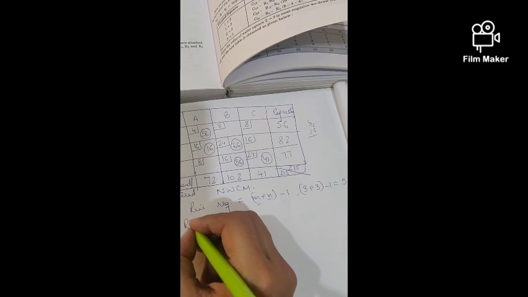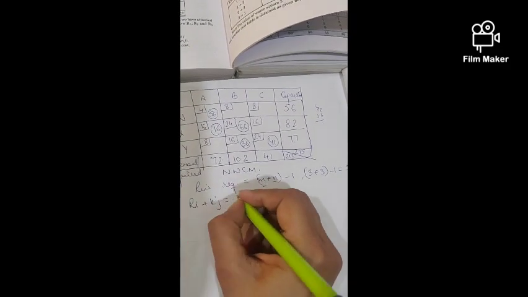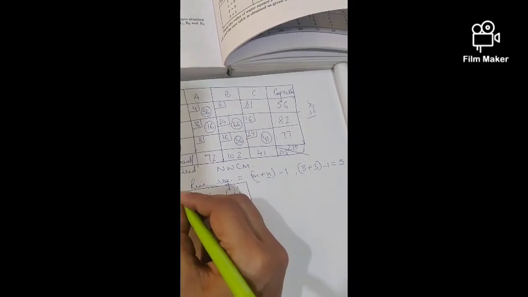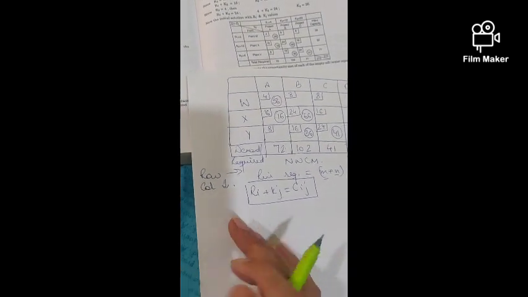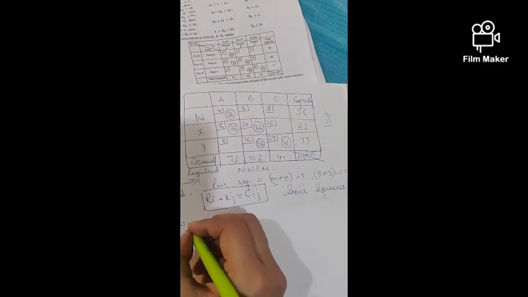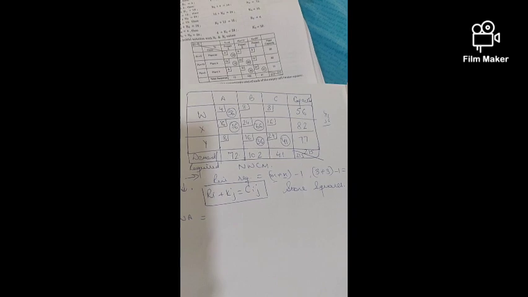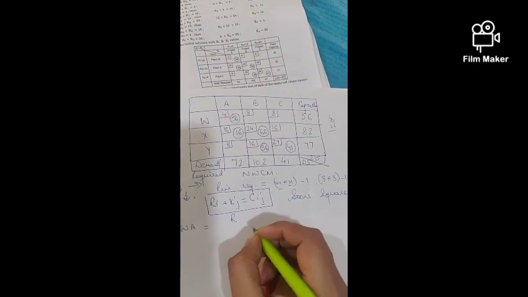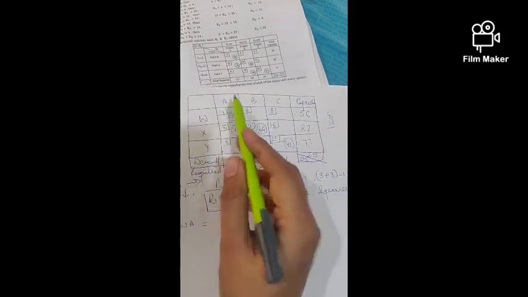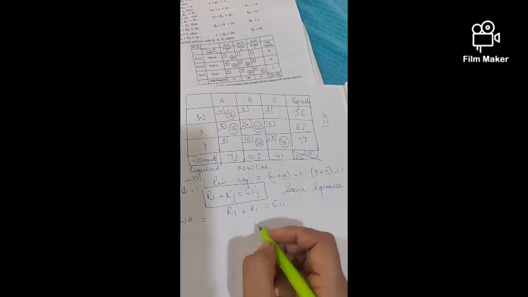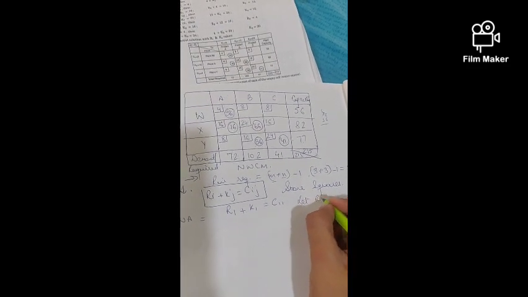Now what you have to remember is, row goes like this and column goes like this. Isme what you have to do is Ri plus Kj is equals to Cij. What does this mean? I'll just let you know. First of all, you have to write, आपके पास जितने भी stone squares हैं, you will concentrate on stone squares first. Stone squares are the squares wherein allotment has already been done. So first stone square is WA, right? WA का हम क्या बना सकते हैं? This will be R1 plus K1, row 1 plus column 1 is equal to C11, right?